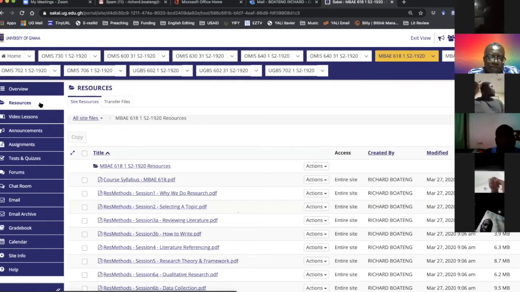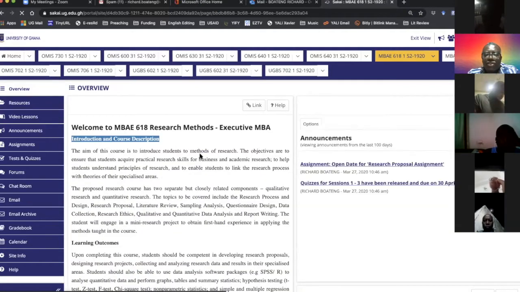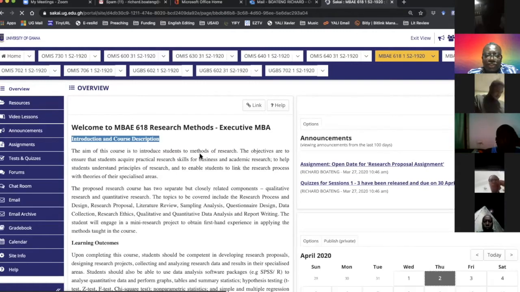Then from there, they can use their personal email address and the password they will create to log on. But for all the students who have no issues, you can just go straight ahead with your index number and your PIN and log on to Sakai. The Sakai platform is sakai.ug.edu.gh.